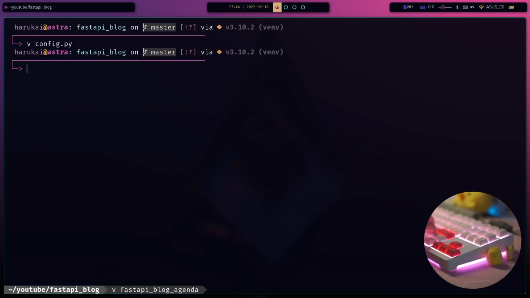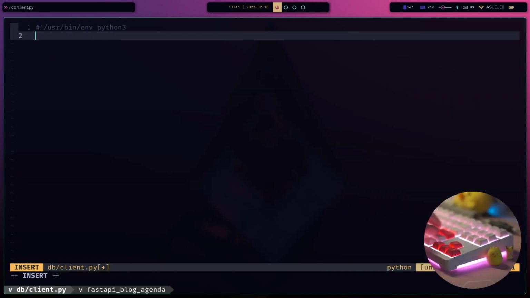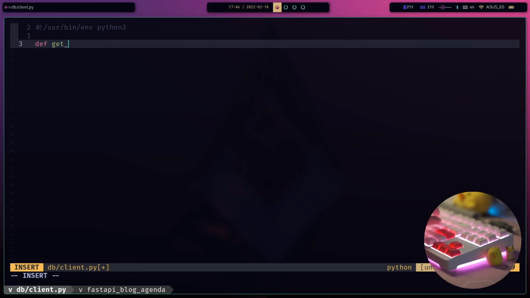So back to the client file. Let's make a directory called database. So now we have a directory called database, where all of our database stuff for FastAPI is going to live. And then in database, we'll make a client file. So in here, we will have two different types of sessions. The first one is going to be a get session base, and this is going to return a session maker